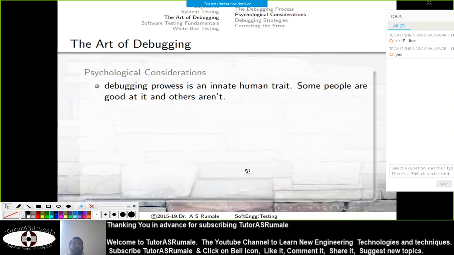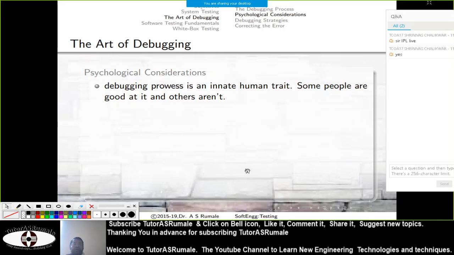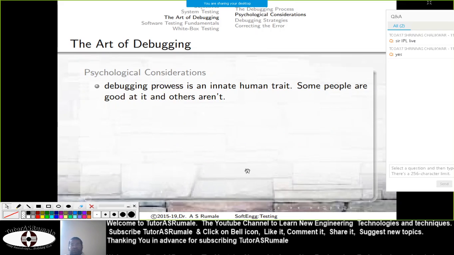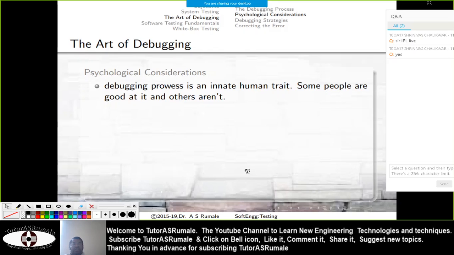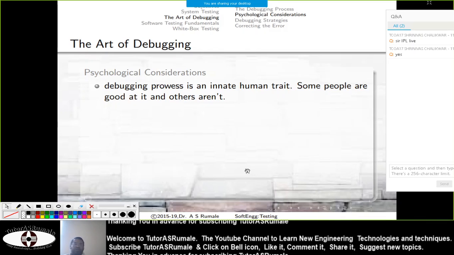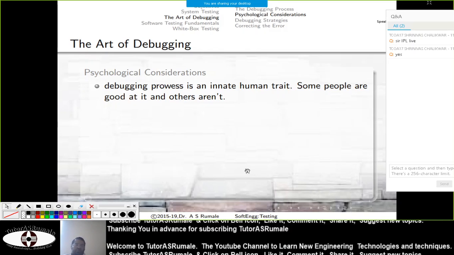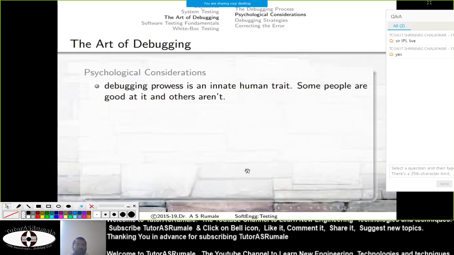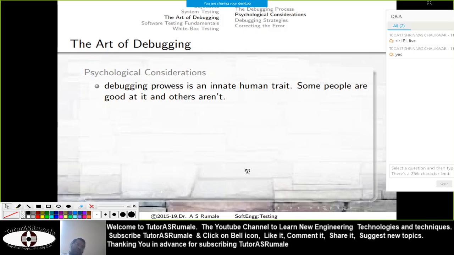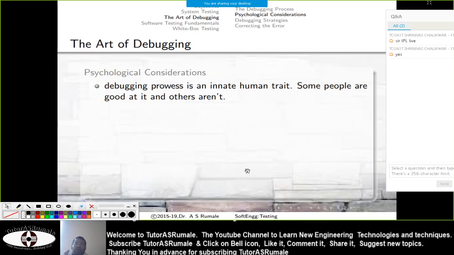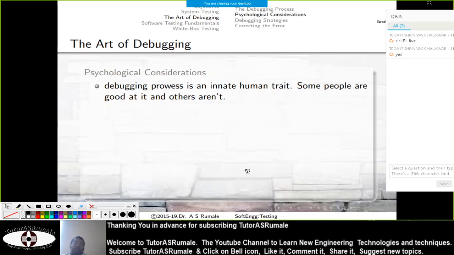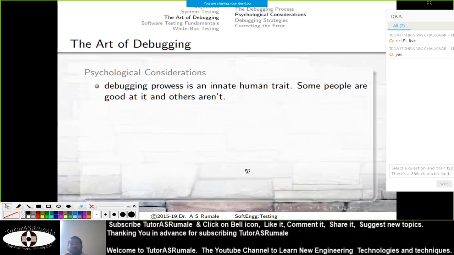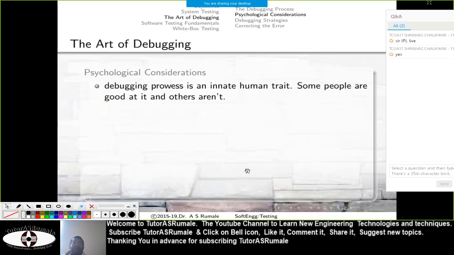Then when it comes to debugging, you are required to consider the psychological aspect. There is an innate human trait. Some people are good at it and others aren't. मतलब अभी देखो, कुछ लोगों को कुछ बताना नहीं पड़ता, they know how to do things. कुछ लोगों को थोड़ा बताना पड़ता है, they know how to do the thing, but after some directions.